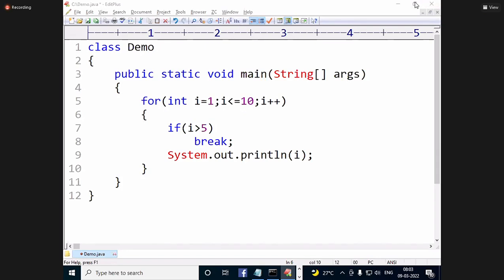Now, okay, leave the answers. Execution process, give me the answer. First, what is executed? What is first? int i = 1. Now, after this, i less than or equal to 10. That means 1 less than or equal to 10. True or false? True means it will enter. Next,